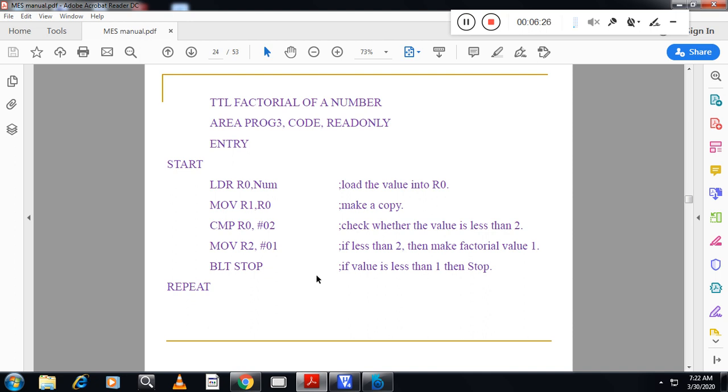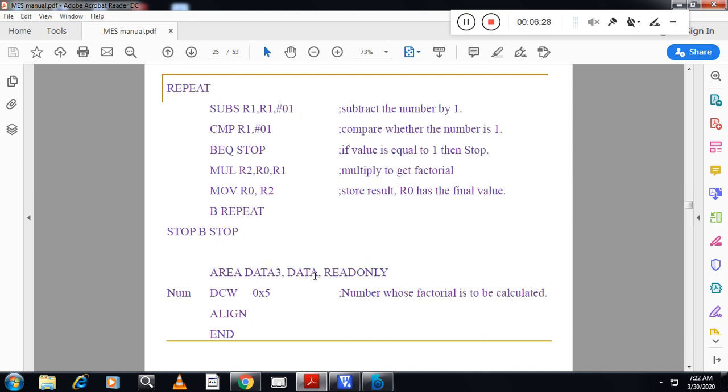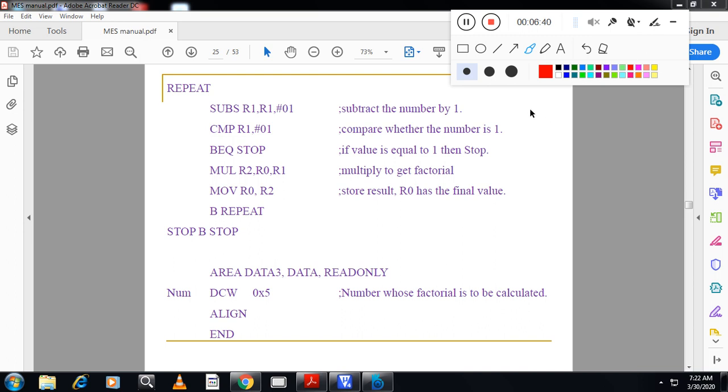I will proceed to the next section. Now subtract: R1 is equal to R1 minus 1. What is there in R1 in our case? R1 is 5, as we have taken.